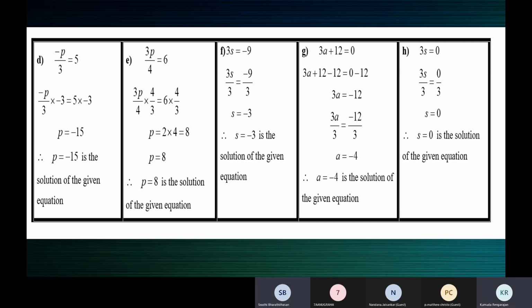Yeah, you should first get rid of the 3. When you have minus a plus 3 is equal to something, you will have to first subtract 3 on both the sides. Then you will have only minus a. Then you will multiply by -1 on both the sides. When the variable has a minus sign, to get rid of that, you should multiply both the sides by -1. Yes, ma'am.